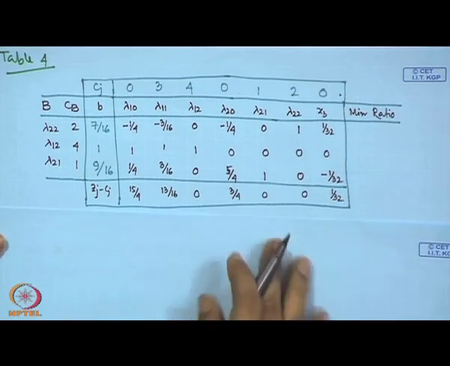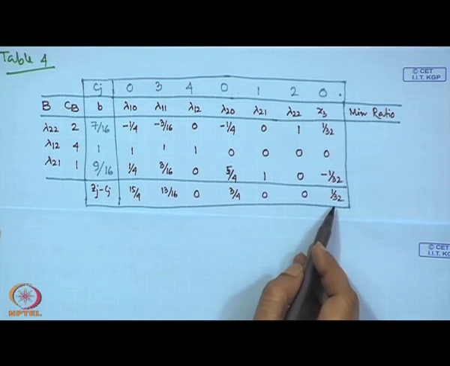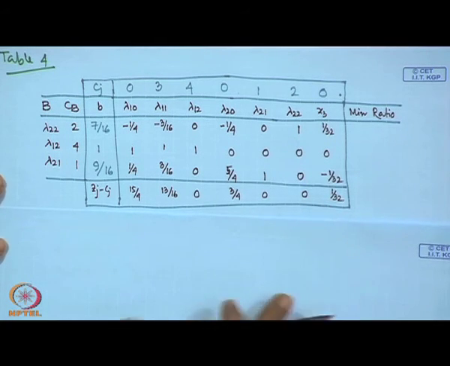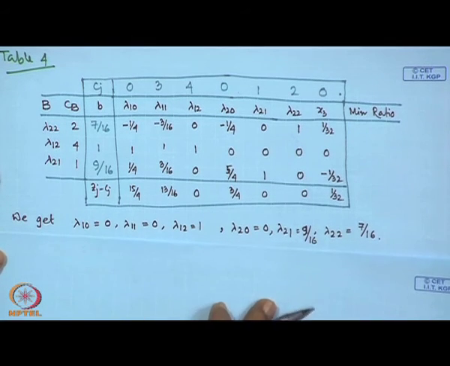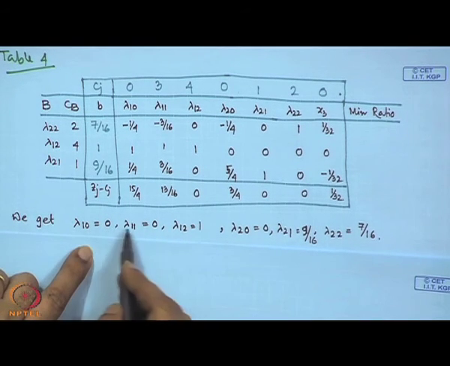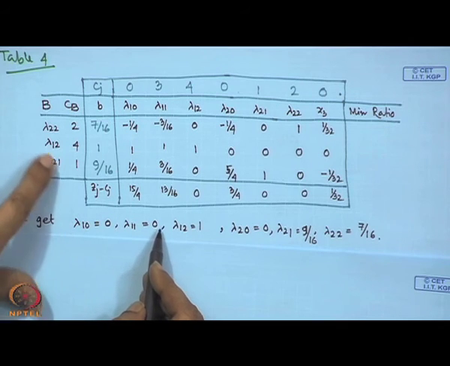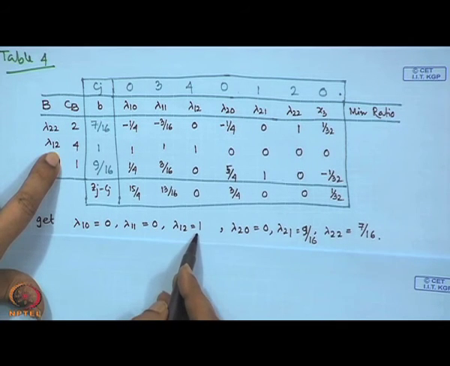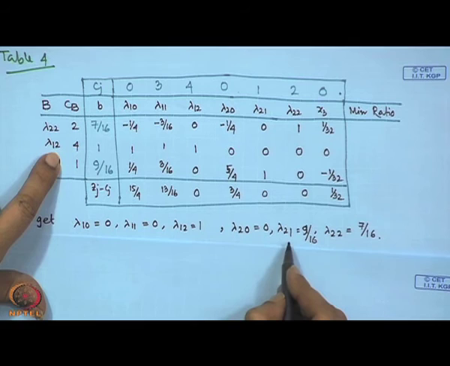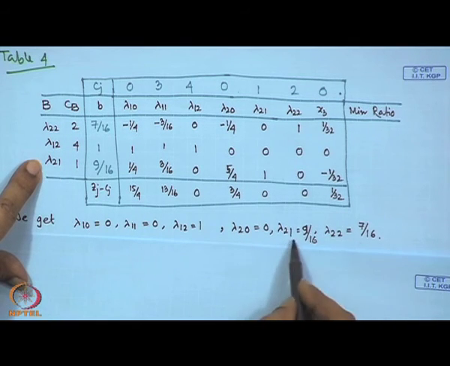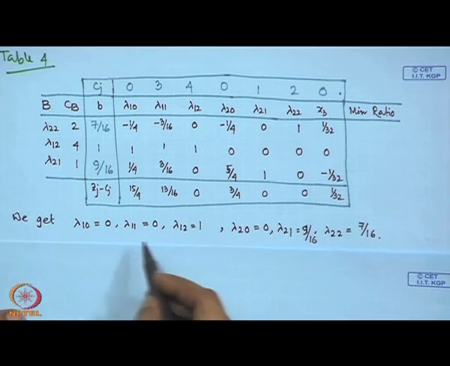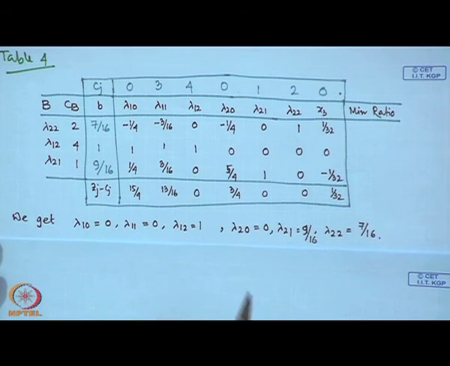Alright, and since here Zj minus Cj all are positive, thus we can accept this as the optimal solution. Then what is the optimal solution for us? The optimal solution would be lambda 10 equal to 0, lambda 11 equal to 0, but lambda 12 is 1. But here lambda 20, lambda 21 and lambda 22, these are the values. Now these are the decision variable values for the equivalent linear programming problem, but we are more interested to get the